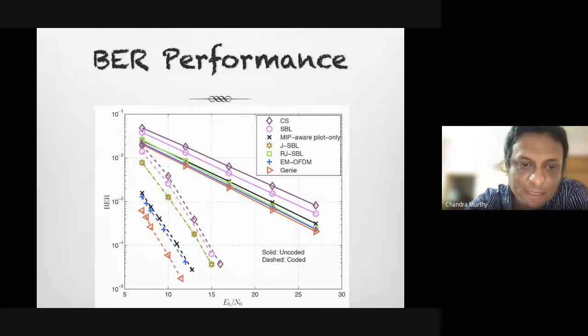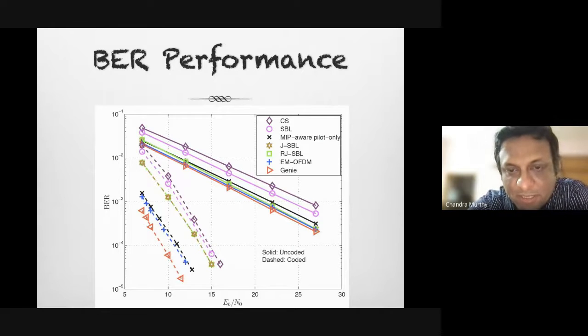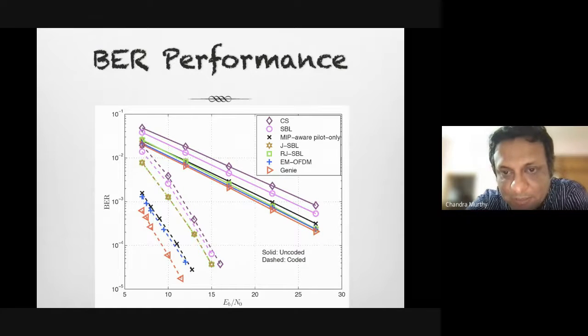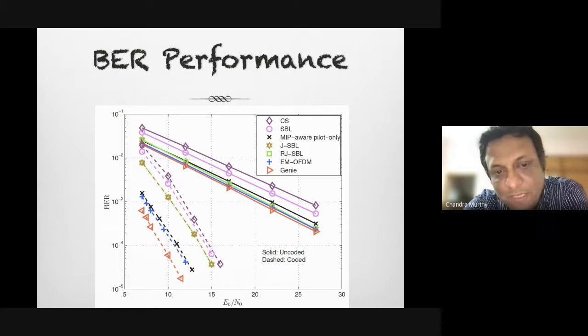This is another example which basically shows the bit error rate plot as a function of the SNR for the same set of algorithms that I presented in the previous slide. My main reason for including this in the presentation is to show you the performance of uncoded versus coded transmissions. And what you will see here is that this MIP aware pilot only,